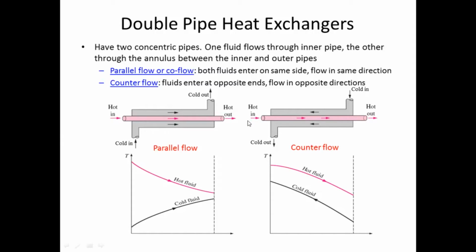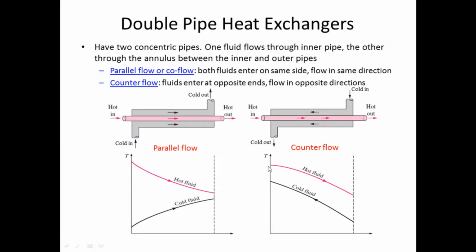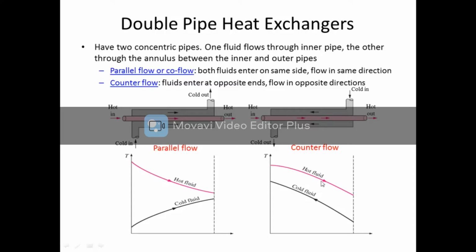The other possible configuration is one in which the fluids will be flowing in opposite directions. This is what we call the counterflow. So here you can see the hot fluid is still moving from left to right, whereas the cold fluid is moving from right to left. And here is the temperature variation for the counterflow heat exchanger. As in the previous case, the temperature of the hot fluid is decreasing and it is flowing from left to right. But the difference is the cold fluid is entering at the right side, its temperature is increasing and it leaves on the left side.